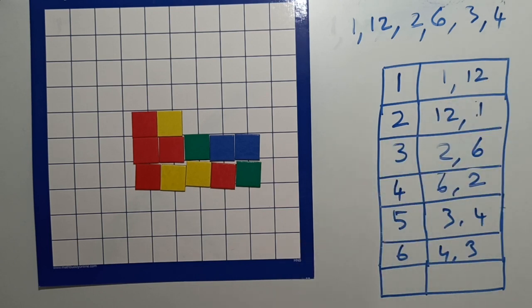So why don't you go ahead and try a lot more numbers like this, and just remember that when you are able to arrange a number in the form of a rectangle, the sides of that rectangle represent what we call as factors of that number. This is a very important concept. We'll be using this in many places going forward.